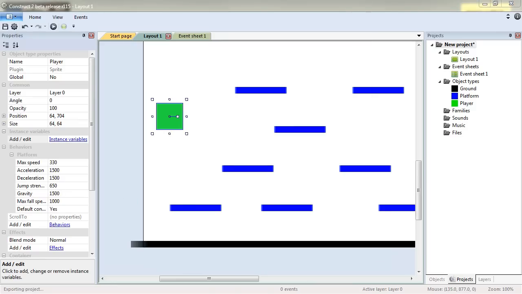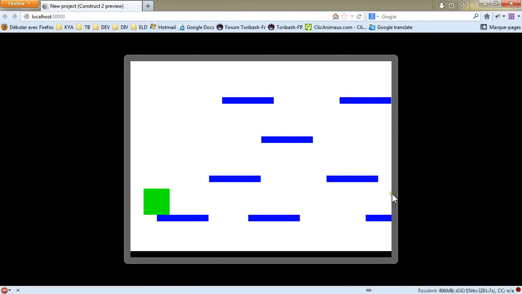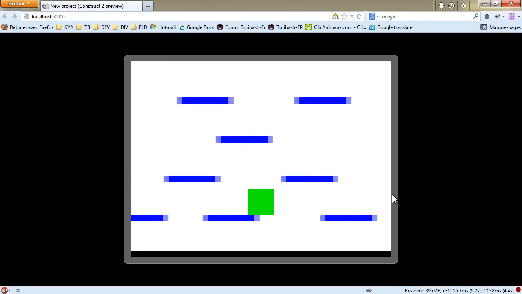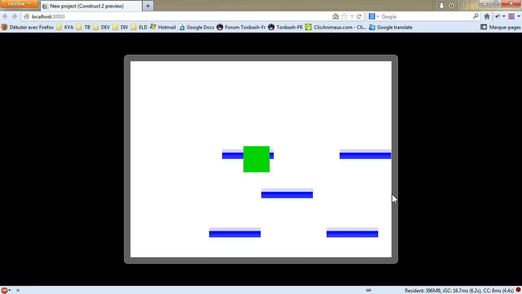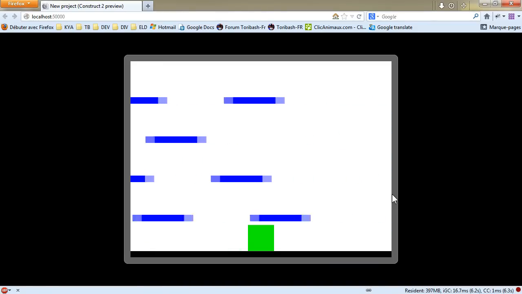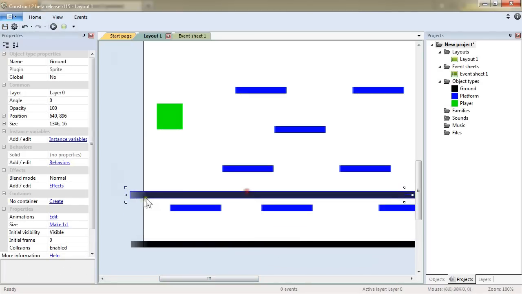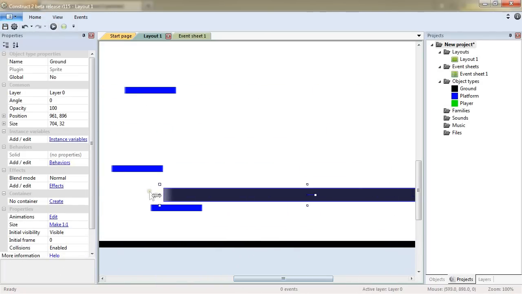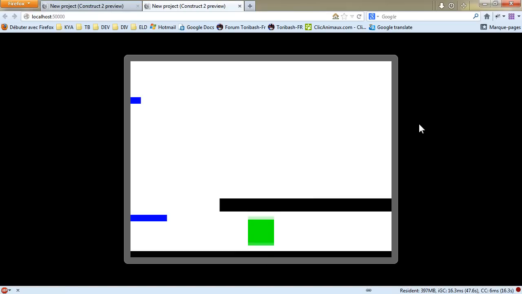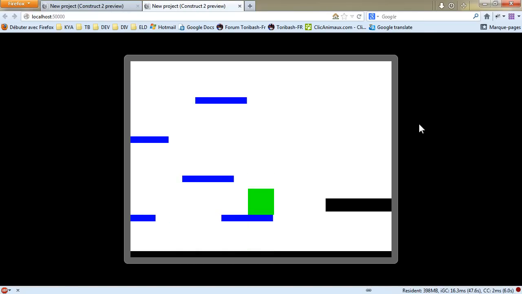And right now, if I press F5 to test my project, here it is, I can move my object around with the arrow keys on the keyboard. The jump through makes it so that I can jump from underneath a platform, and the ground is just solid, so I can't go through it. Let's make a new instance right there, modify its size, and press F5 again. We'll go on the right, here it is. I can't go through a solid object, whereas I can go through a jump through object,